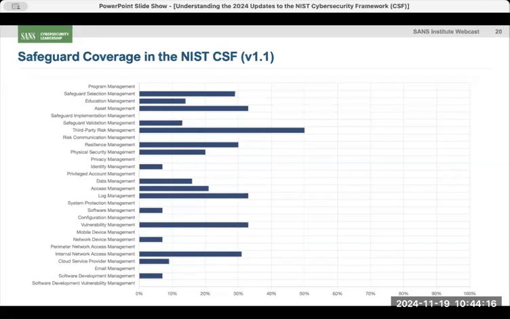While I was waiting for him to finish up his class, I heard him say to his students that, listen, if you want to defend yourself against these attacks you're talking about in class, pick a cybersecurity framework. They're basically all the same. Just pick one, just go with it, and you'll be fine.